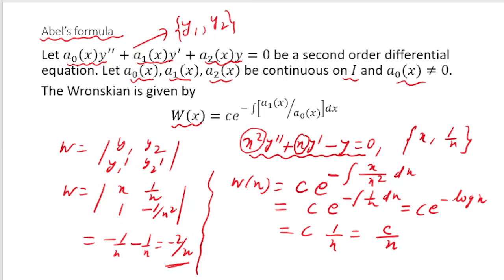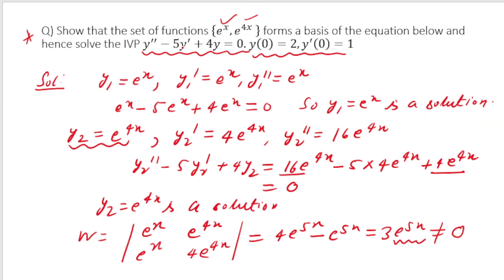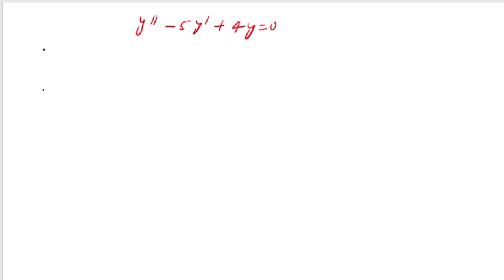Right. Let me take one more example, like the other example I have taken: y double dash minus 5y dash plus 4y is equal to 0. I am talking about this problem, y double dash minus 5y dash plus 4y is equal to 0. And for this I already have shown you that e to the power x and e to the power 4x are the two solutions. So if I calculate the Wronskian in this case using the definition of Wronskian,